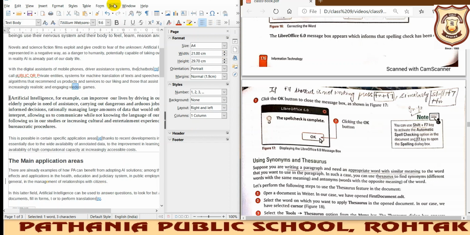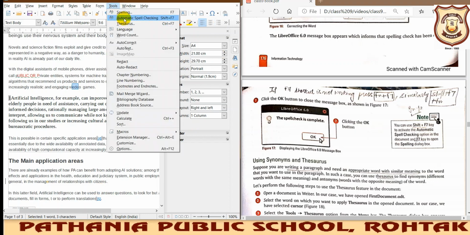Okay, you know the shortcut key for automatic spelling check is shift plus F7. If your shift plus F7 is not working, then along with it you need to press the FN key, that is known as the function key, located at the bottommost left corner of your keyboard, between the window key and the control key.